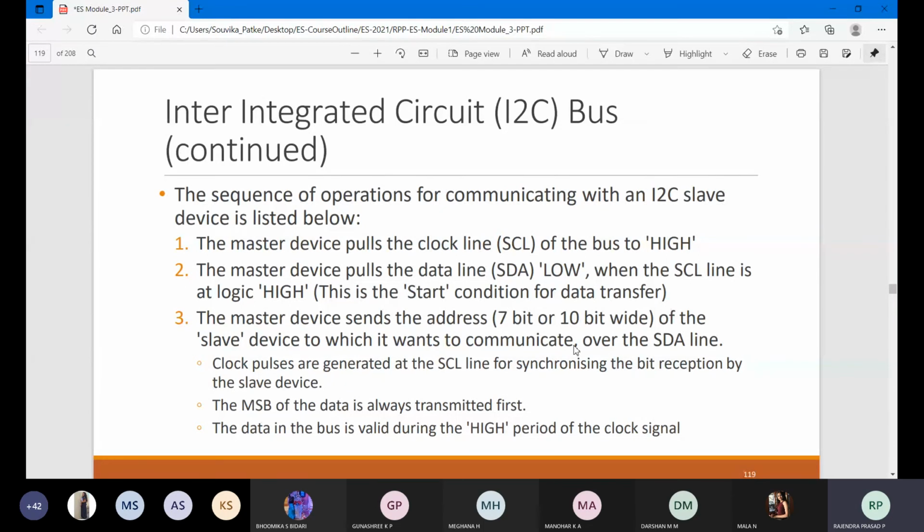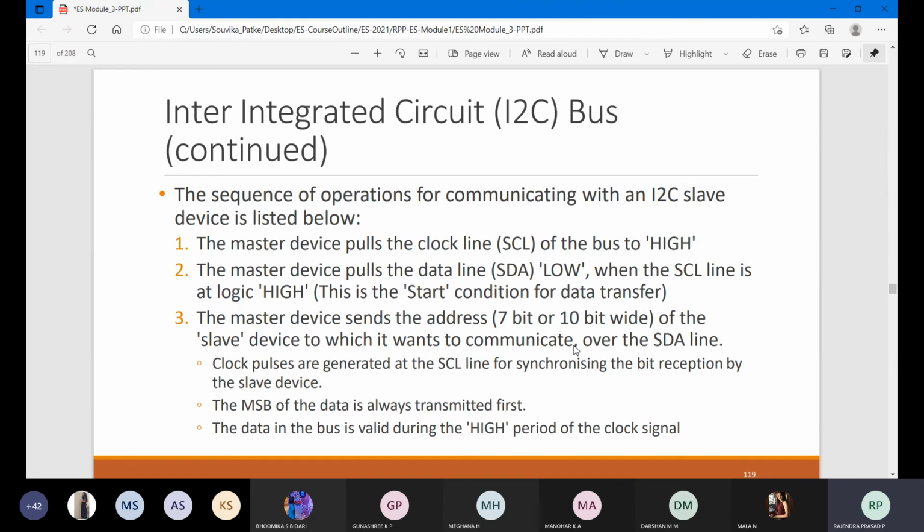The master device pulls the clock line of the bus high, indicating that I want to transmit information. So I give a command, a clock signal indicating that the master is ready to transmit the data. The master device pulls the data line low while the SCL line is high. This is the start condition for data transfer.